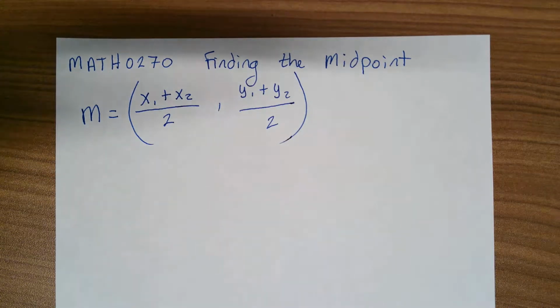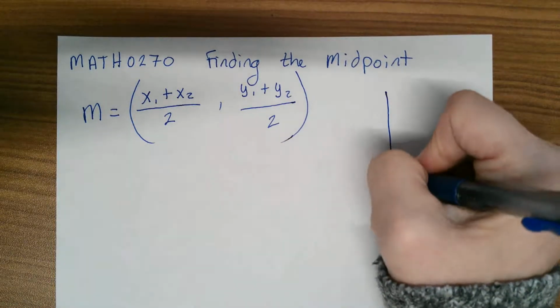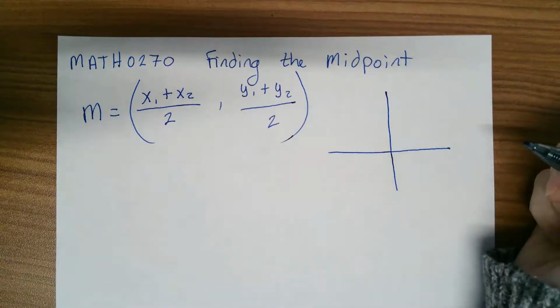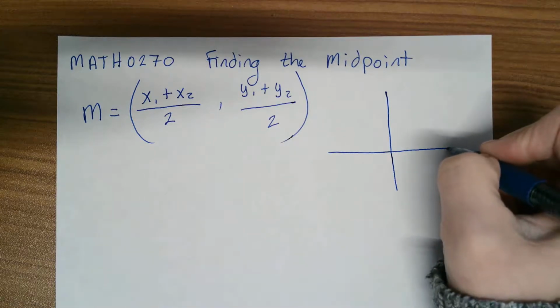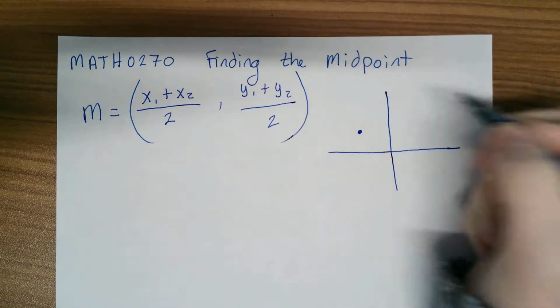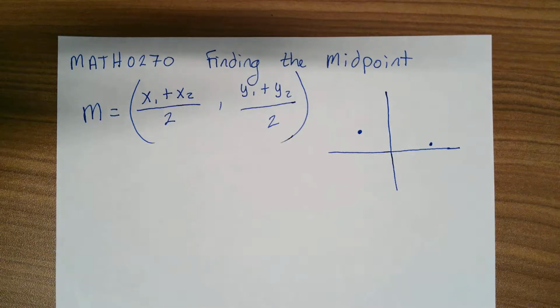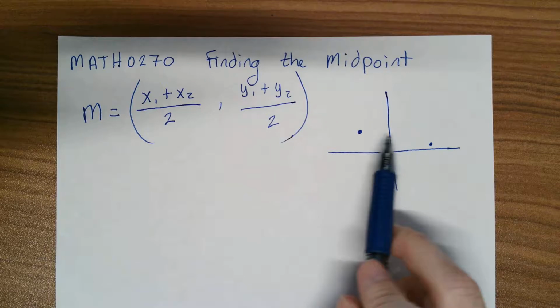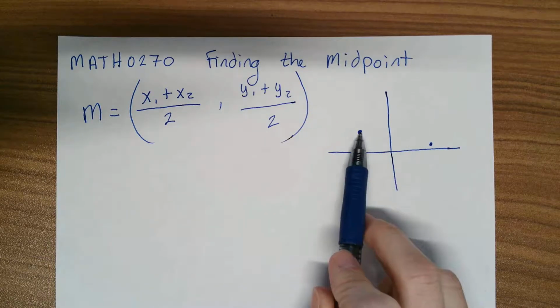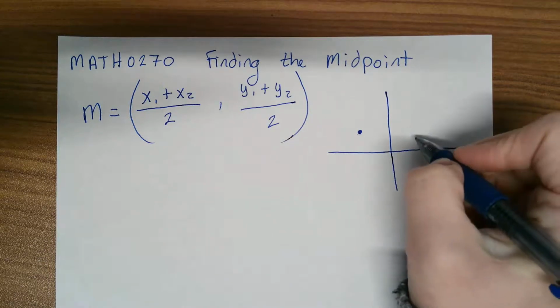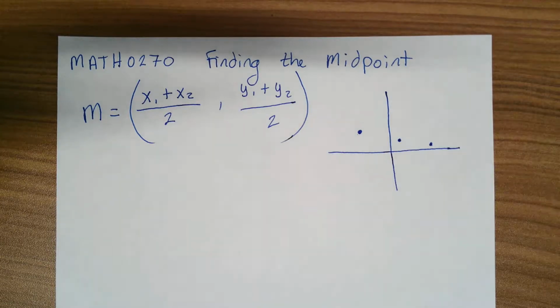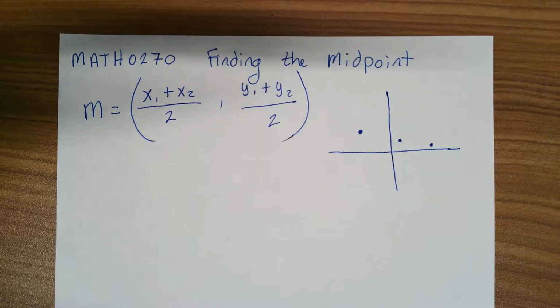All right, so looking at finding the midpoint, we have our formula here, but let's again look graphically. What do we mean when we say we want to find the midpoint? So I have 2 points. Here's one. Let's put the other one right there. When we find the midpoint, we're actually finding the point that's directly in between these 2 points. So I don't know, I'm going to guess, say it's about right there. So when we find the midpoint, we're finding the point that literally is in the middle of our original 2